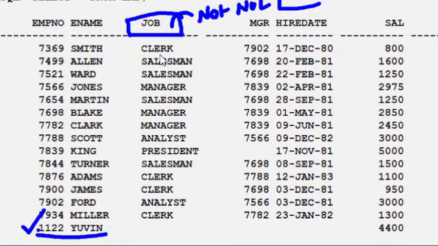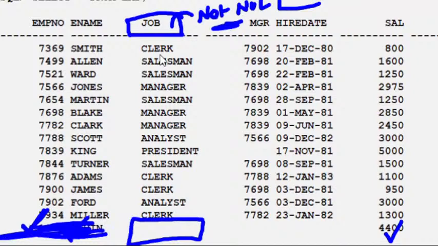Because I'm inserting my EMP number, EMP name, and salary. That's okay. But the remaining hiding columns, if any one of the hiding columns has a not null constraint, then what happened? Not null constraint does not allow nulls. That's why your entire data will not be allowed. That is what I said, checking